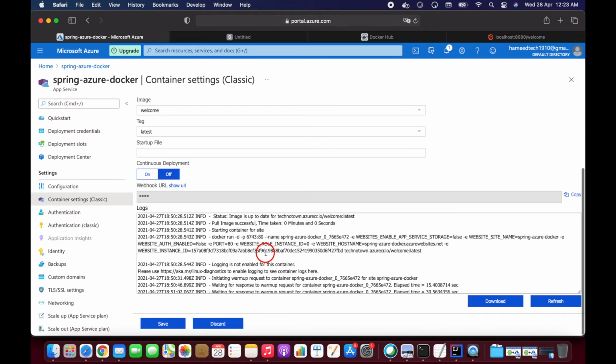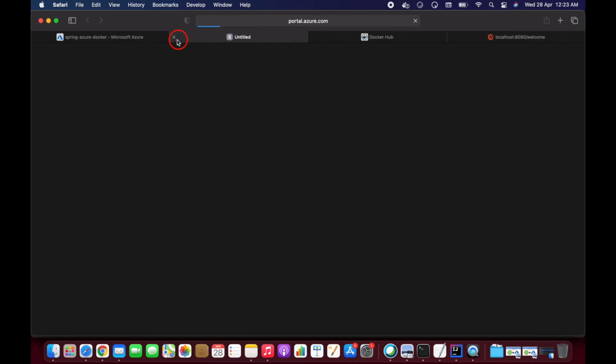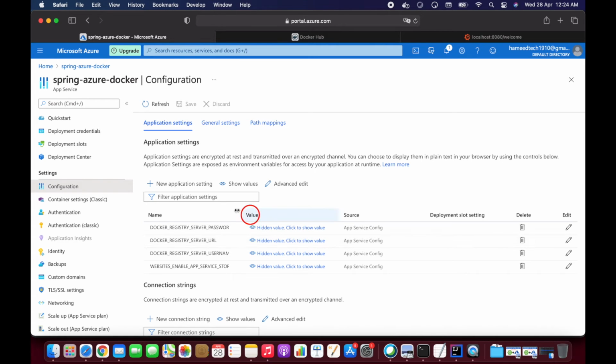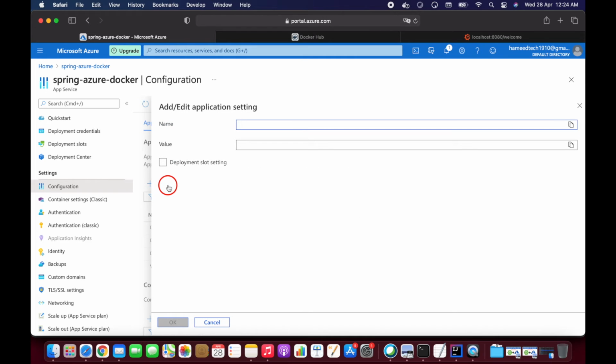So what I'm going to do is, in the configuration, guys, let's close this. Let's open the configuration here. Okay, here we have application settings. In the application settings, click on new application setting. So here we need the WEBSITES_PORT.